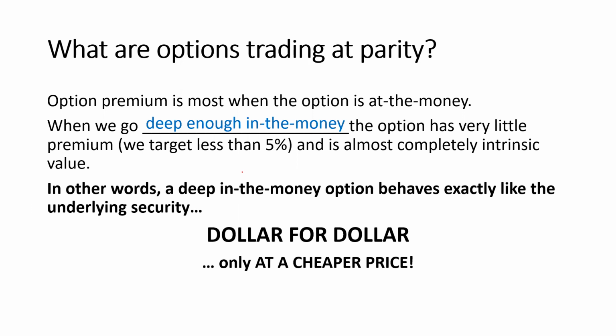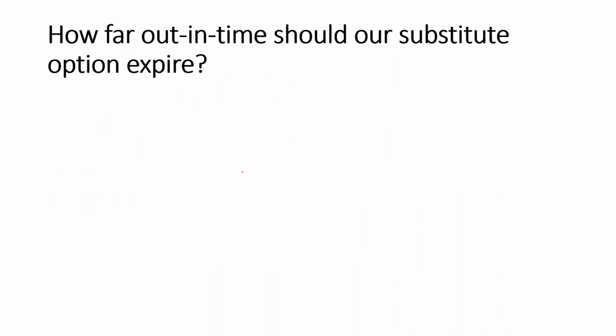So in this case, I'm using a different option strategy in order to leverage. I'm going to go deep enough in the money. I'm going to have that one-to-one comparison. So if I have an option that's deep enough in the money, do I still have to worry about its expiration date? I don't have to worry about its expiration date in terms of time premium, because now that I'm so deep in the money, very little premium will be influenced by time passing by. No, I have to worry about this back month option disappearing on me before I've collected as many months of income against it, right? So how far out should I go?